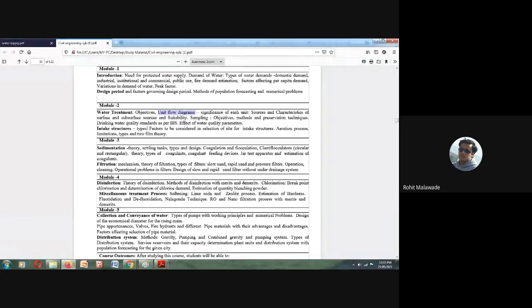After this, we will be seeing what is screening, what is aeration, what is sedimentation, all these things will be covered in your further classes. So from here onwards, your exact water treatment plant we are going to see till your module 4. Right from here till module 4, we are going to cover the entire water treatment, the procedure of the water treatment plant, how the water is going to get treated. Is it clear?